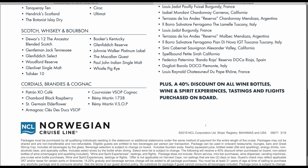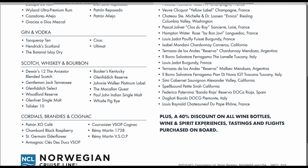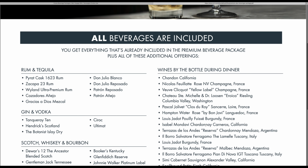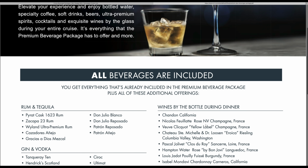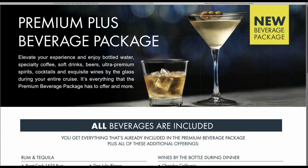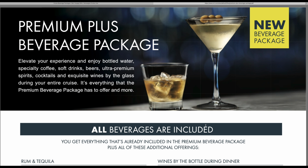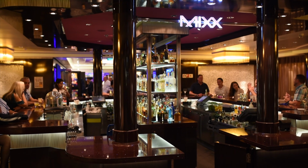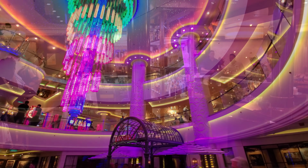So, just getting the water and specialty coffee will be a real plus for some people to upgrade to the Premium Plus Beverage Package. And then this is the only package that does have specialty coffee, and you can get still water. You can ask for water at the bar, and they do have some stations that have water out there, but it's just tap water. So if you are looking for bottled water, this is the only